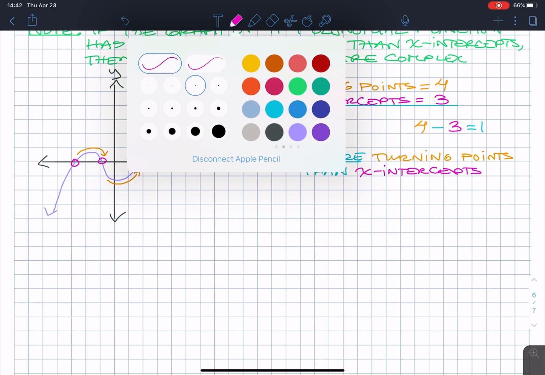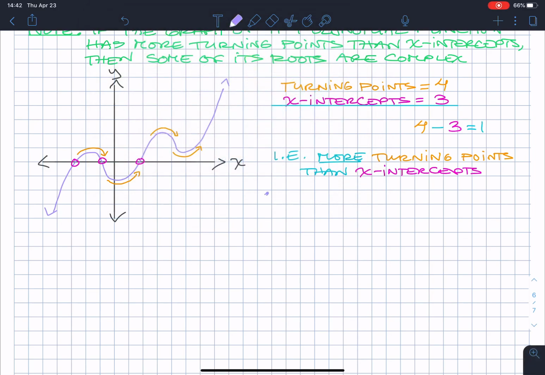Therefore, has complex roots. The graph of this function, whatever polynomial